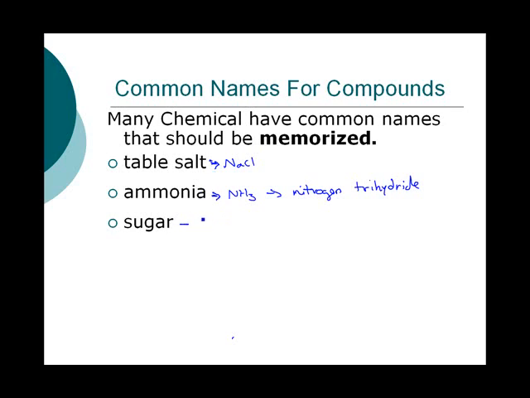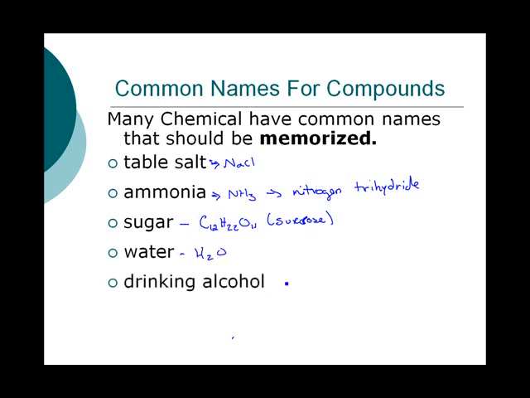Sugar is C12H22O11, and even this is your sucrose. Water we should definitely know is H2O. Drinking alcohol, this is the alcohol that's in beer. It comes up in a lot of chemistry questions, so it's good to know the formula. C2H5OH, and hydrogen peroxide is H2O2. Now most of these formulas you can find somewhere in your data booklet, but it really speeds things up